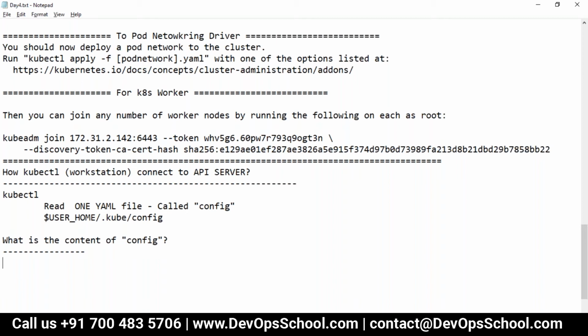You will work on many clusters. So the question is, how can I manage multiple clusters using the config file?